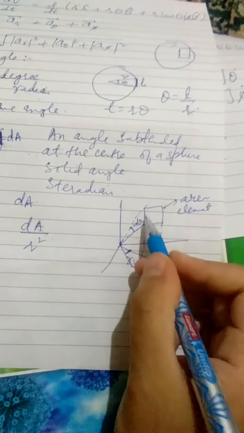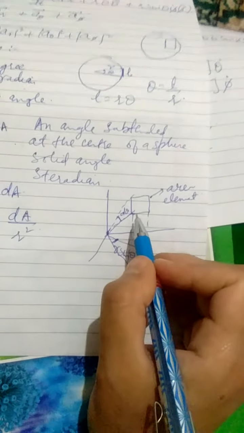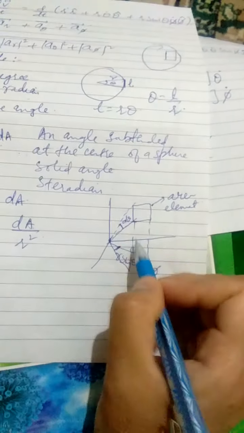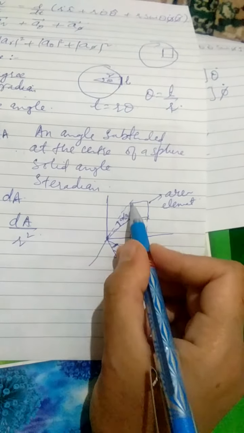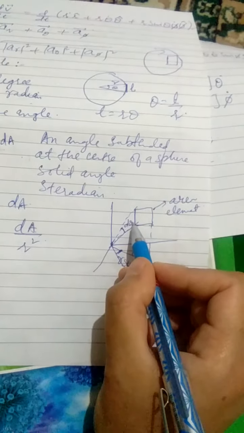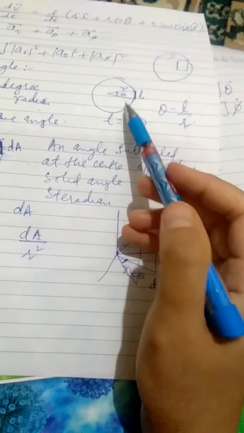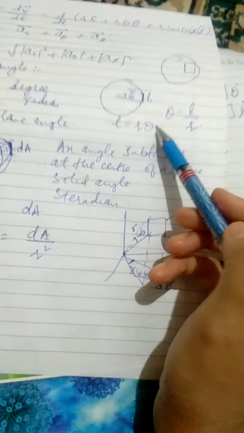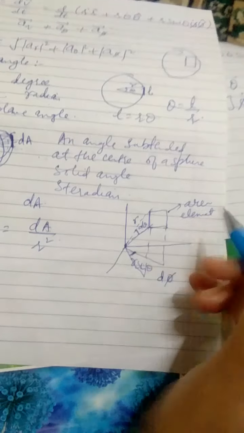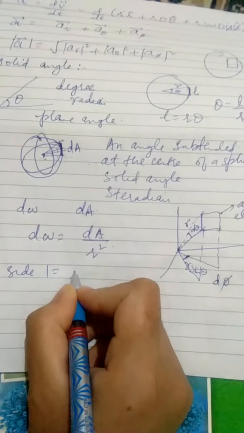So why did I draw the diagram in this manner? Because if I have to find the area of this area element, it is either a rectangle or a square, and its area will be given by length into breadth or side square. So I am interested in this and in this. Now, what is the length of this side? This is r d theta. If this is the r vector, this is in analogy with this. Length of the arc is equal to r theta. Here the length of the arc is equal to r into the angle, that is d theta. So one of the sides, side 1, is r d theta.